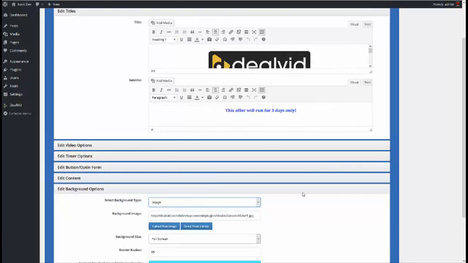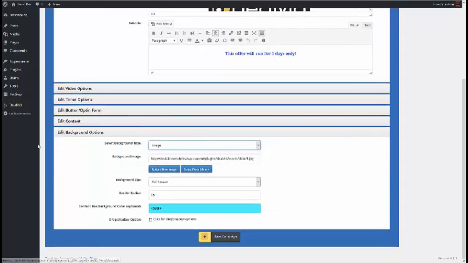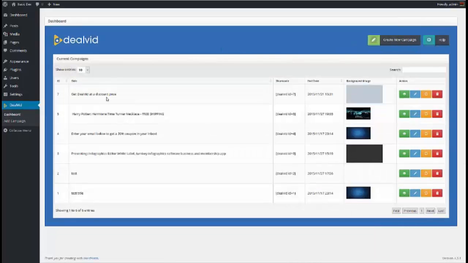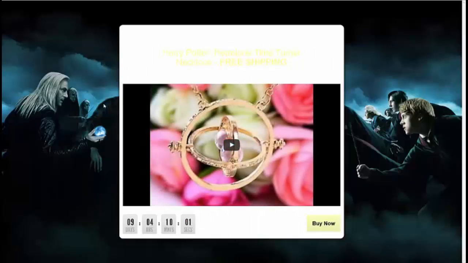So for this one, actually I'll jump over to one of the other campaigns I've made for the sales page demo, and I've got one here for a product that I was selling, or my wife was actually, on Shopify. So I'll click the preview link for you here first, and obviously you can see it's a Harry Potter product. It's this necklace thing here from the movie. I don't know it myself, but she does,